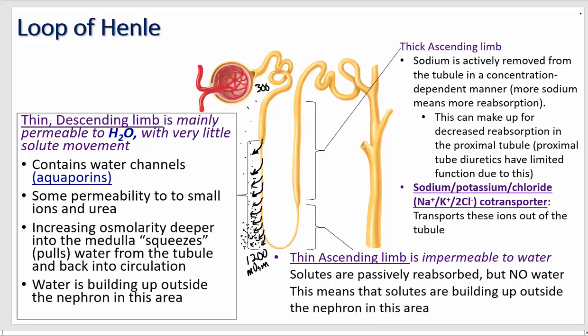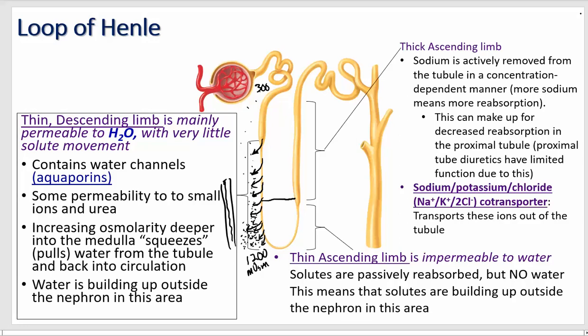All right. So the descending loop, let's read through this, contains the water channels, those aquaporins. So there's some permeability to small ions and urea, especially down low. Urea does all of its stuff down in this area. We're going to talk about urea. Increasing osmolarity deeper into the medulla squeezes or pulls that water out of the tubule, so we're really trying to get that water out. And it's going to, of course, move back into circulation